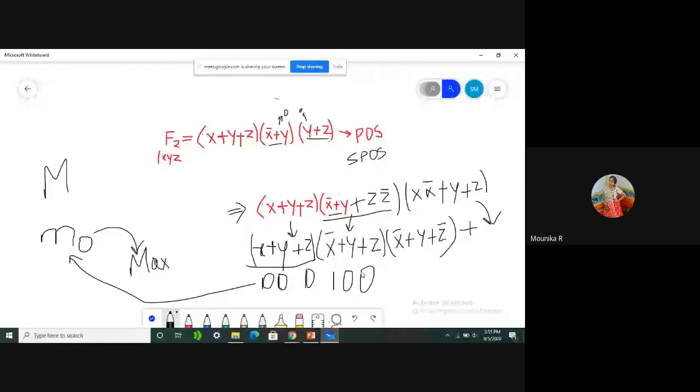Yeah, sir. Yeah, clearly. So why are we now learning about SOP terms and product terms? See here, in order to simplify this F2, simplification means the logic should use a minimum number of AND gates and OR gates to perform the particular task. But in real time, this line is going to move up to infinity.